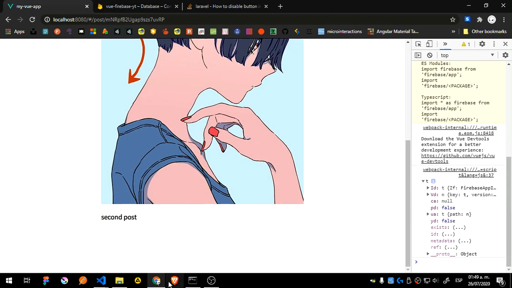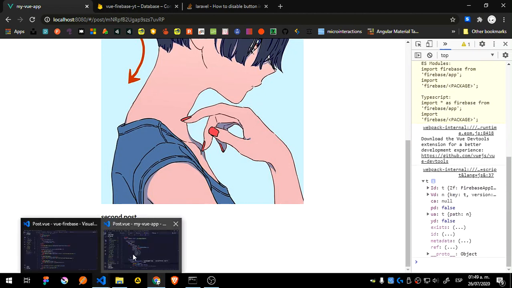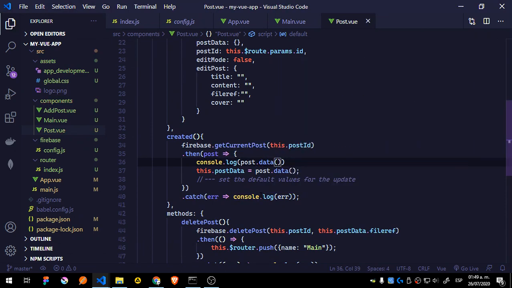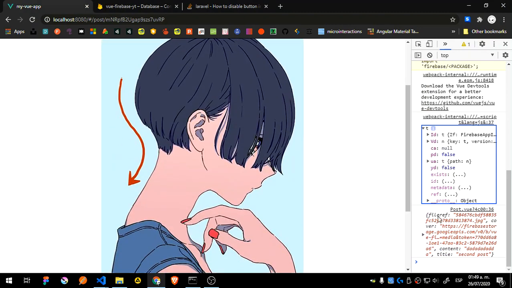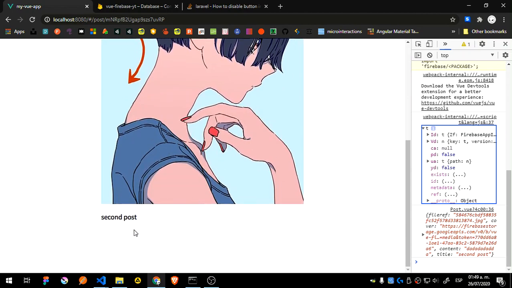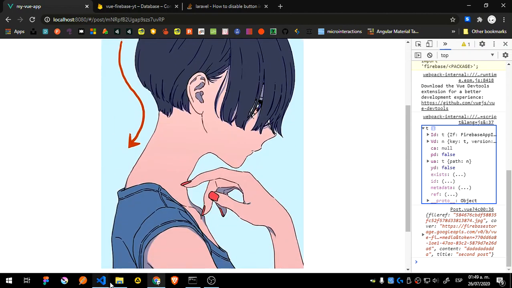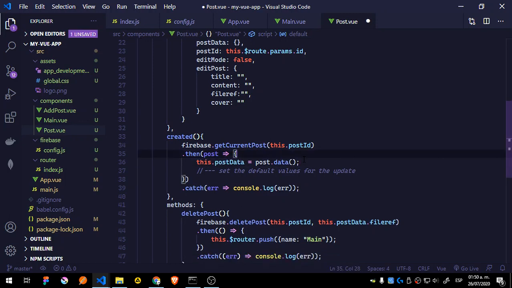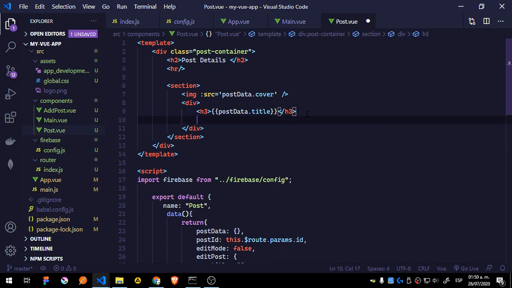Okay, so we cannot see that. Okay, because we have the data, right? Yep, that data. You can see how it's coming, the file ref, the content, the title, and the cover. So we're using here the cover, we're using the title here, okay? So this object right now is the post data that we are referencing in this part. That's why we are setting this postData to that, so we can use it. So let's just delete that